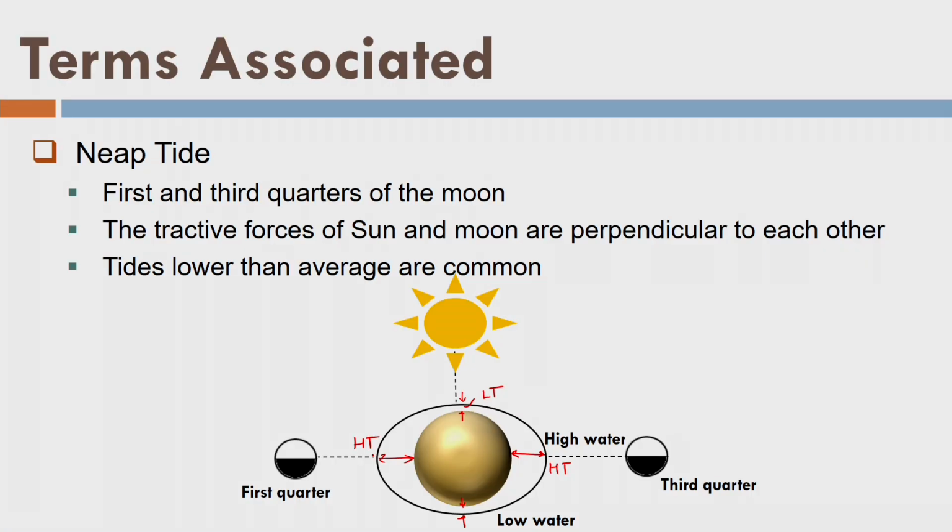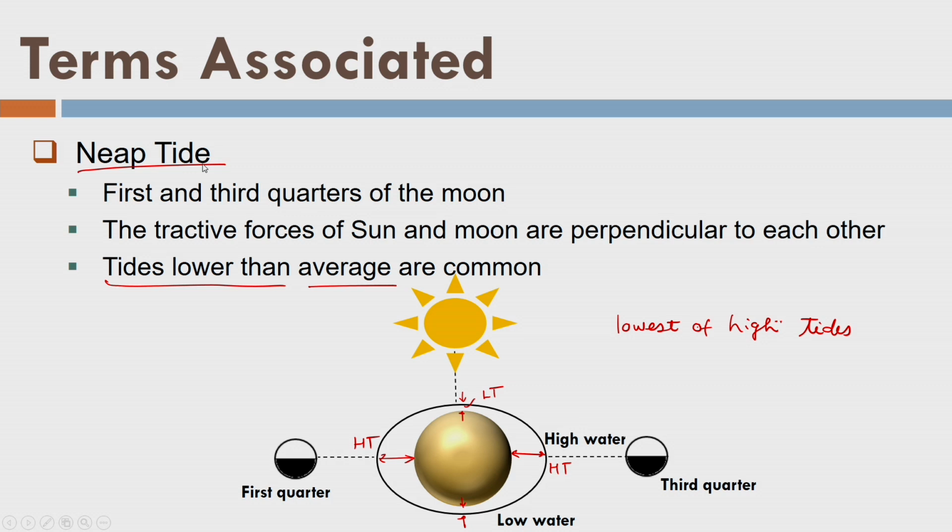However, the amount of the high tide, or the height of the tide in the direction of the moon, will be much less than the highest tides, or the spring tide. And I can see here one thing, that this tide is although a high tide, it is the lowest of the high tides, right? So I can see the tides are lower than the average here. Fine. Now you can understand what the meaning is. The meaning here is that it is the lowest of the high tides, and that is called neap tide here.